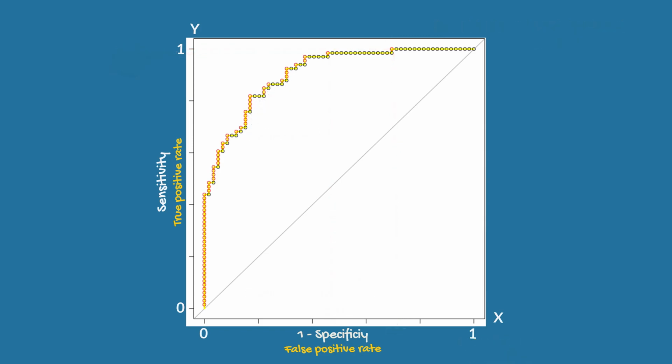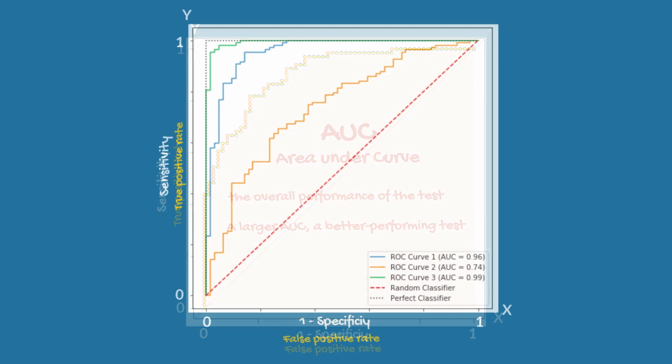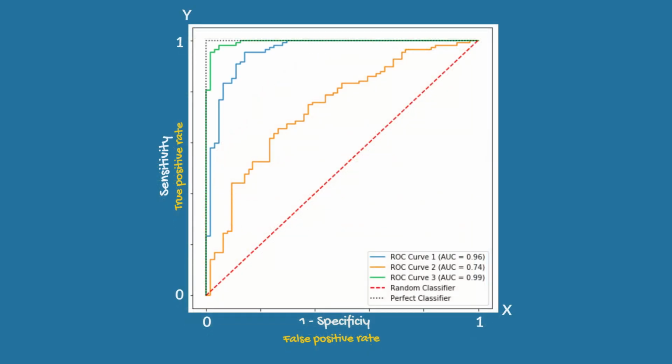In a ROC curve, we can also measure AUC, or the area under the curve. Area under the curve represents the overall performance of the test. And a larger area means a better performance. In this picture, we present the ROC graphs of 3 different tests for the same outcome. And here we can see the measured AUC for each test. As you can see, the larger area belongs to the test presented in green color, which has better performance than